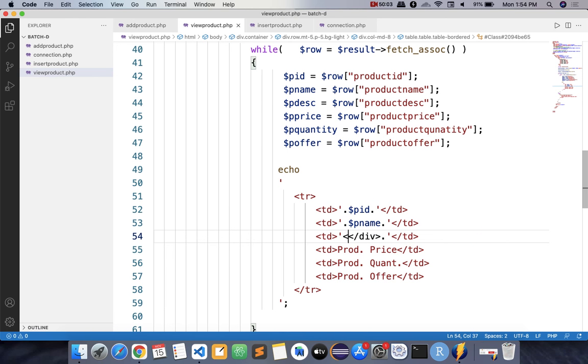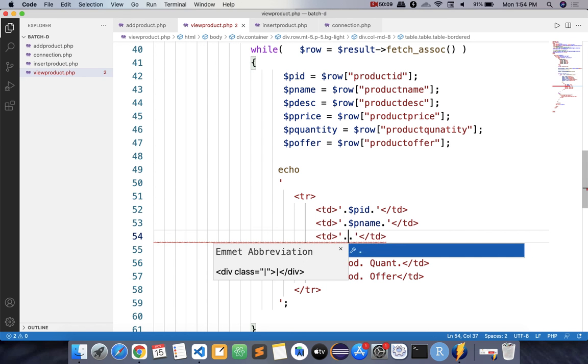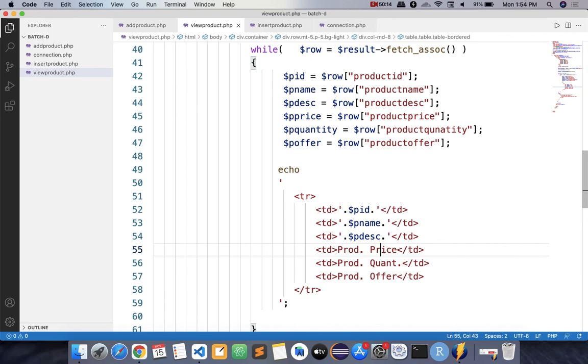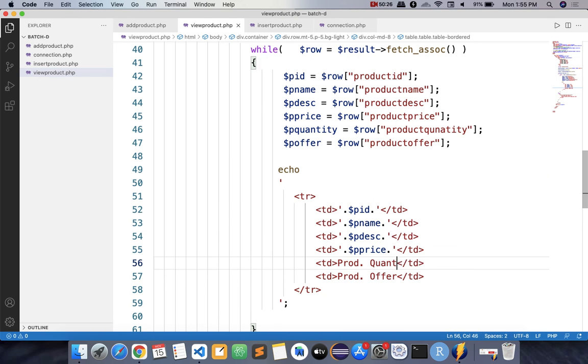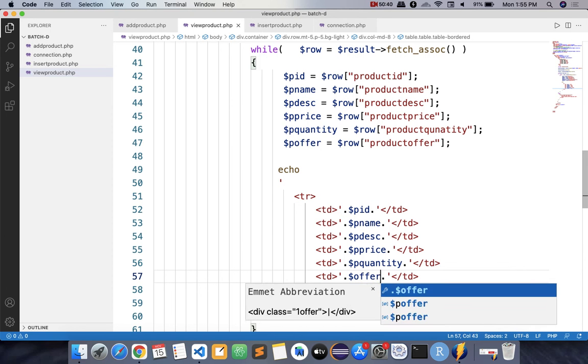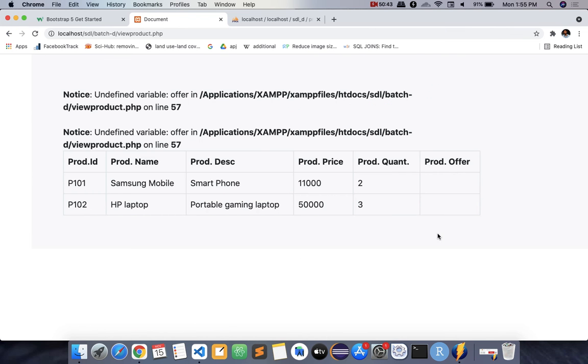DSC, then here product price, product quantity, नहीं ना, ये वेरिएबल है वेरिएबल, and product. Save this, go back, reload and check.